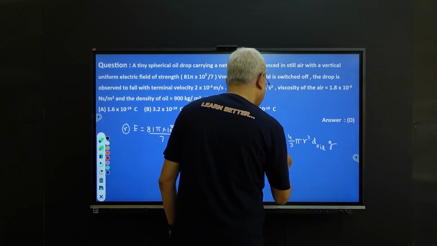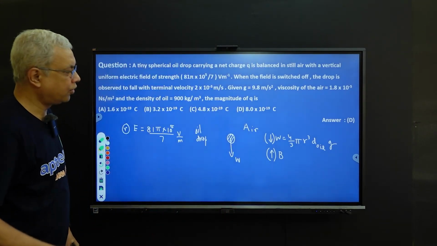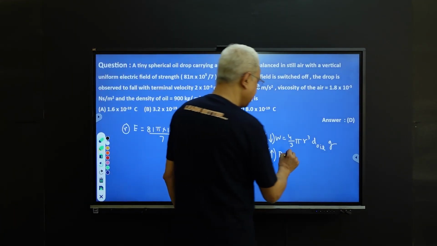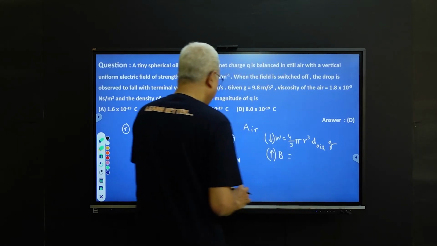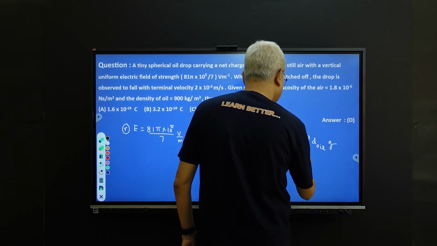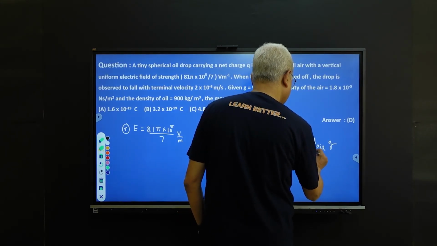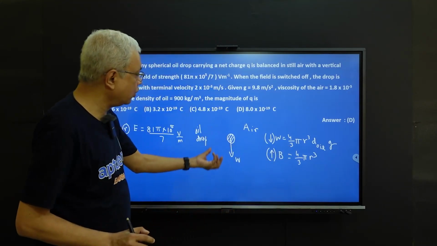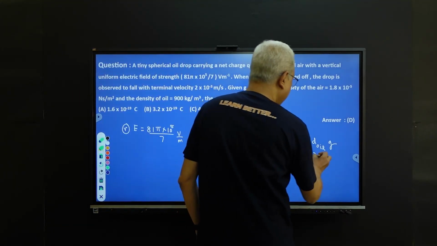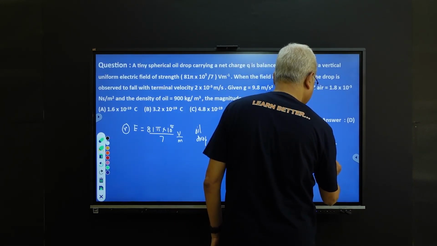There is a buoyant force of air acting on the oil drop in the upward direction. It is the weight of the displaced fluid. So the weight of the displaced fluid is 4/3 π r cube, that is the volume of the displaced air, times the density of air,